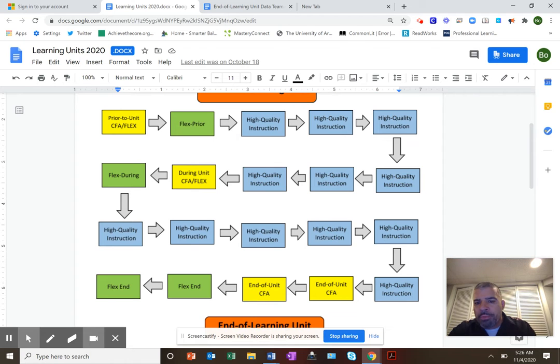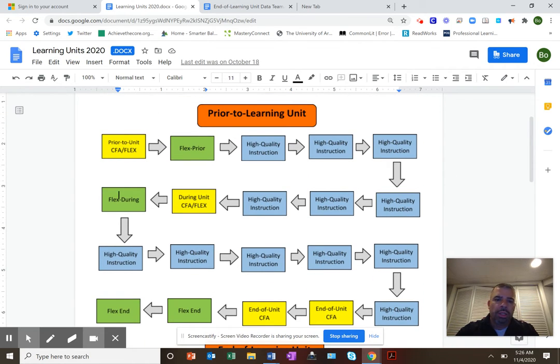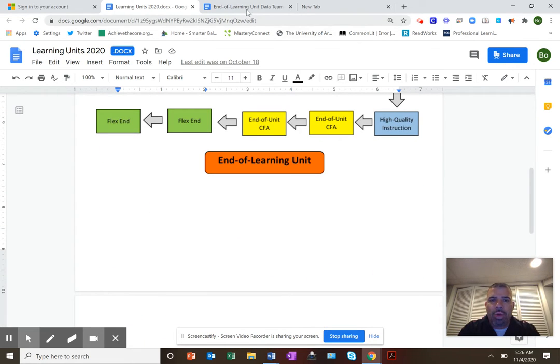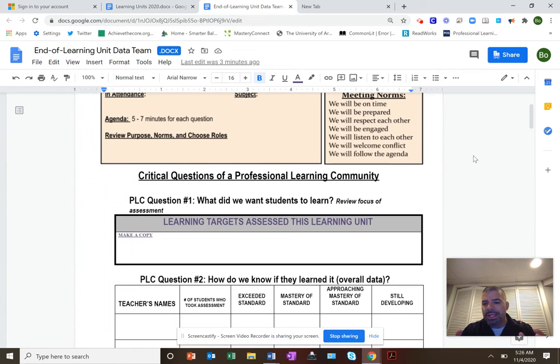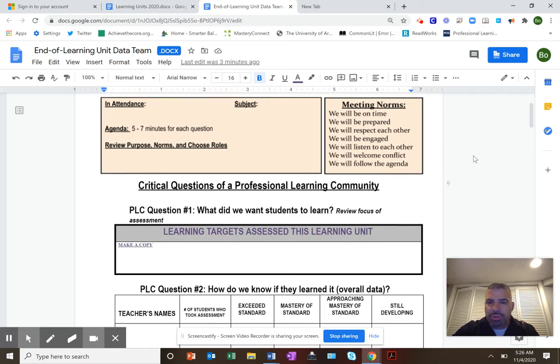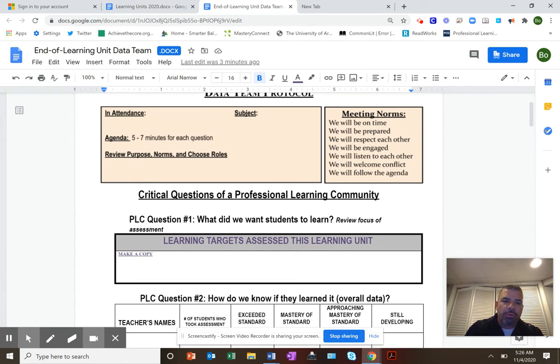You can see that we conducted over the month of October. At the end of the unit, our teachers meet in the data team. So they give an assessment, and we use assessments to measure learning and to also make adjustments to our instruction. So here's what our teachers do. They meet in teams. You can see first they go over the norms. They review the purpose and the role and why they are meeting.